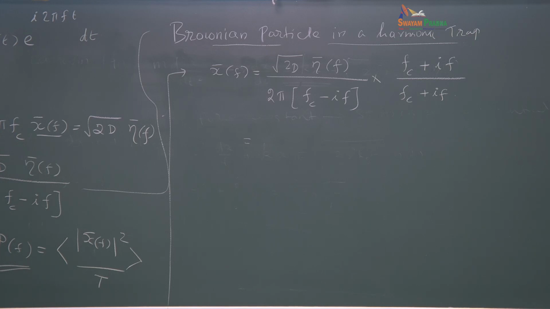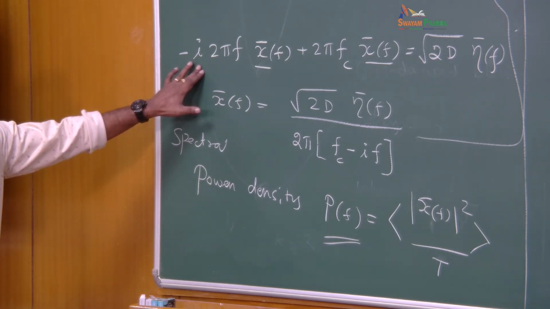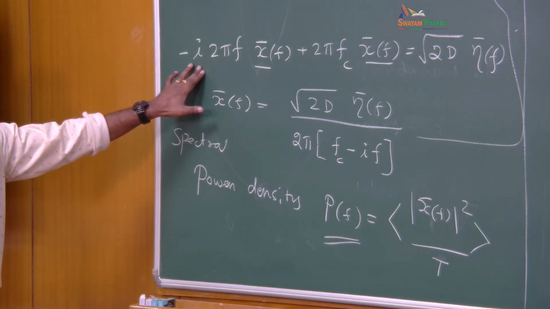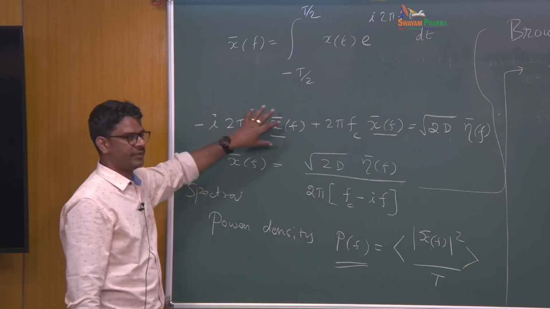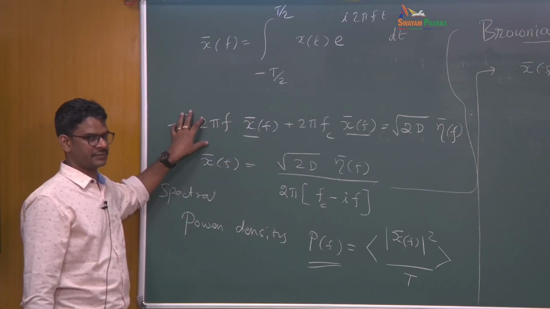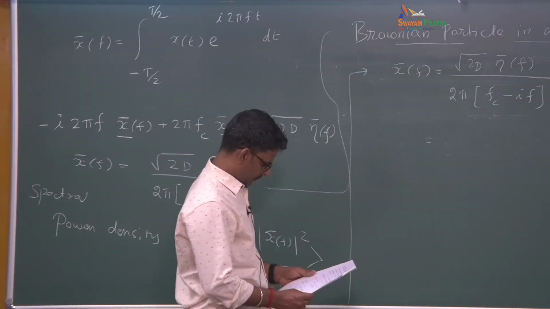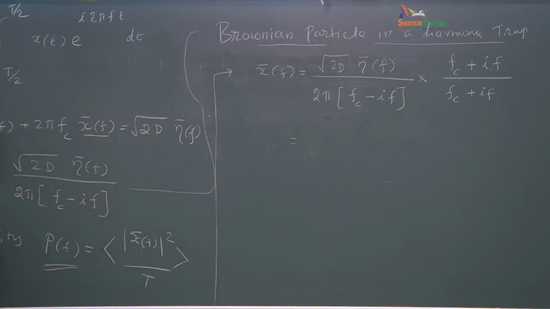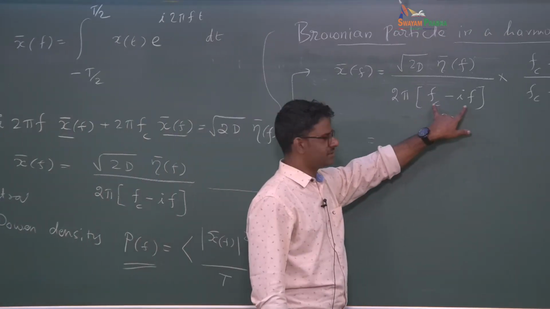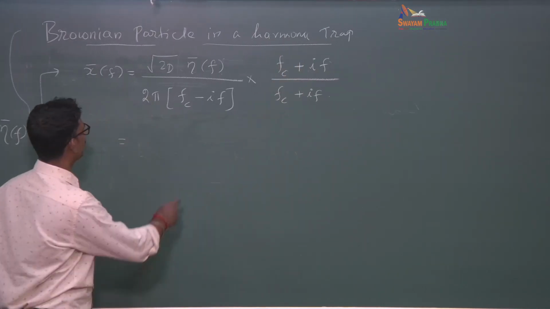How did I get here? If you take the first derivative, the dx by dt term that we have, when you take a Fourier transform, it will have a negative sign. So, here I start with this expression for x, and note that this is a complex number here. So, I am taking the conjugate of this and I am multiplying both sides. So, therefore, I can write